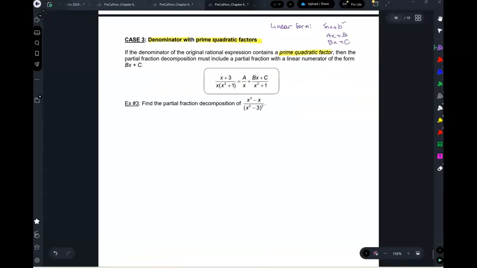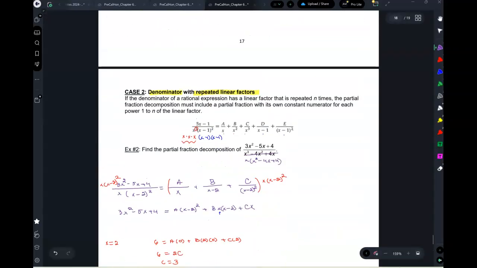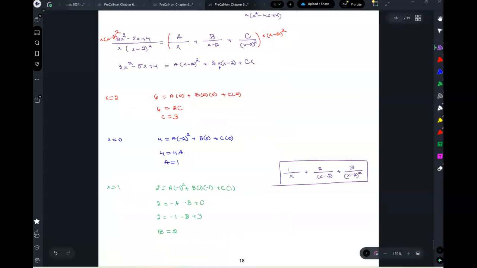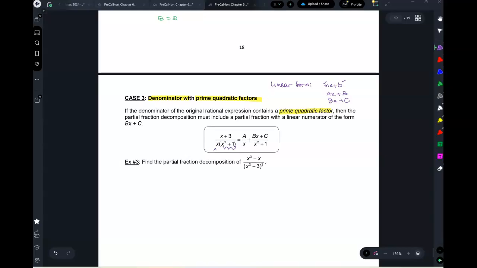So take a look at this right here. I have an x, and then I have an x squared minus 1. Now, I'm sorry, x squared plus 1. Now do you see the difference here? The x squared plus 1 cannot be factored anymore. So this is different from the x minus 1 squared. That was x minus 1, linear, it was just quantity squared. Now this one, x squared plus 1, is perpetually a